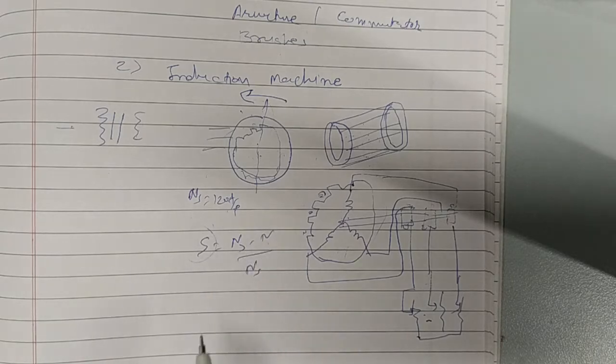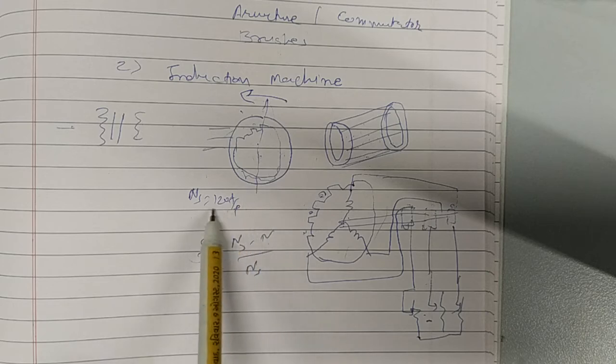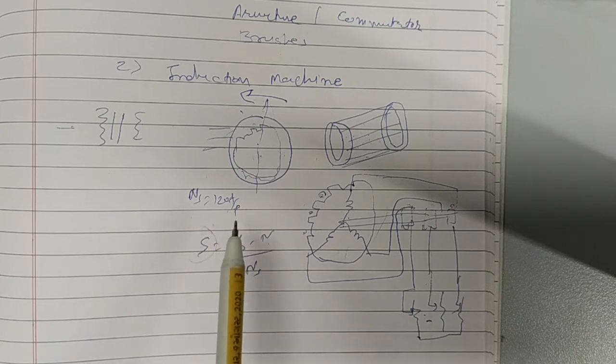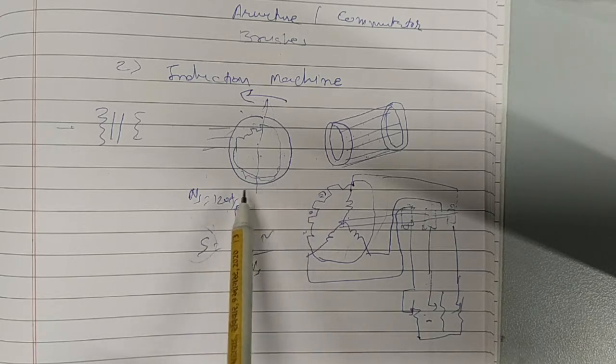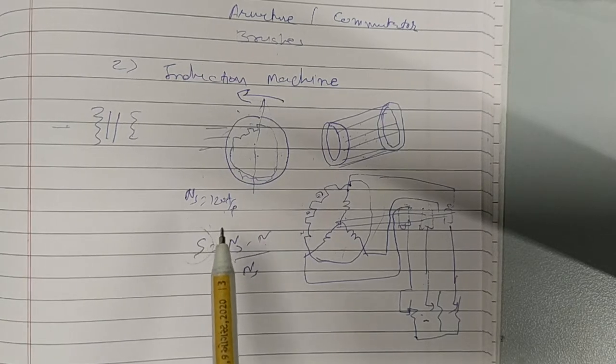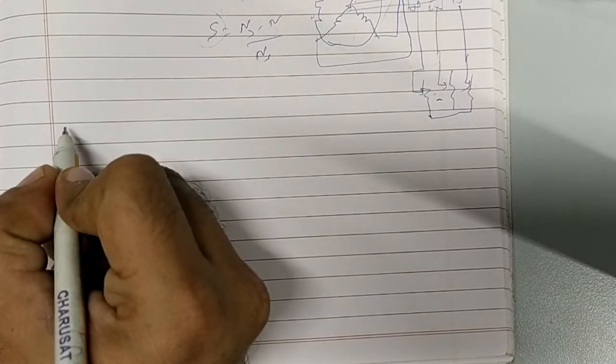If we talk about the motor, then it will not achieve the synchronous speed ns. So now there is a problem. What if we want to produce exactly the synchronous speed? The induction machine will fail in that case. So for that we have one more machine called a synchronous machine, in which the operating principle is a little bit different than the induction machine. So the third one is the synchronous machine.